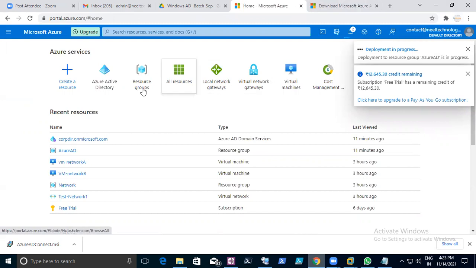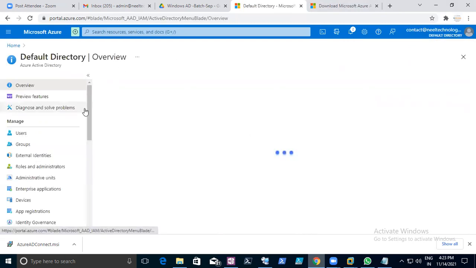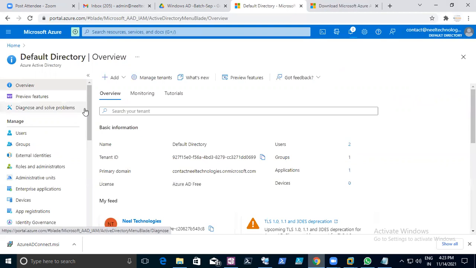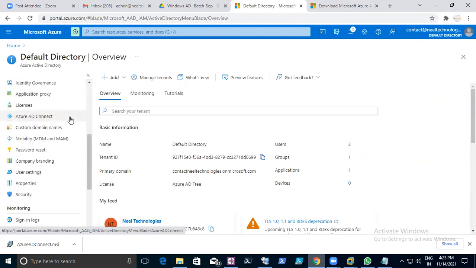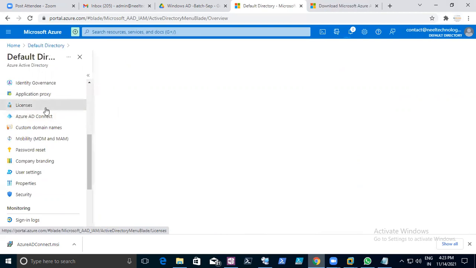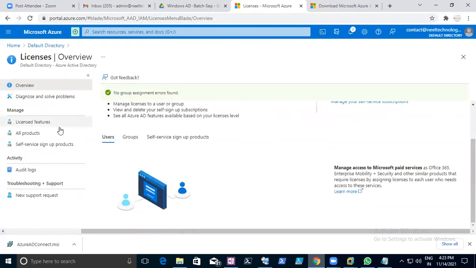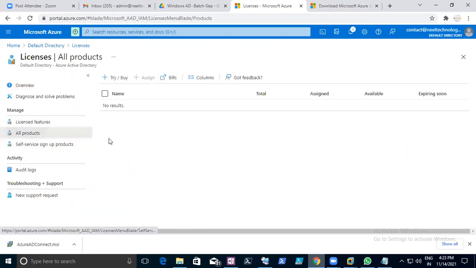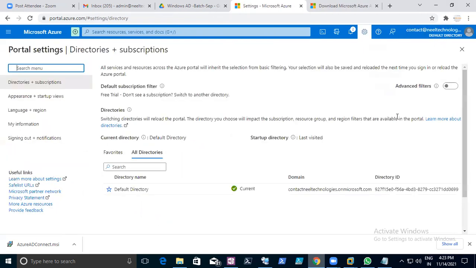Let's go to Azure Active Directory. Here in this Azure Active Directory, you need to add the license. Licensing part, all products. Where are those products? They are not there, so let's switch user for this. Switch directory.